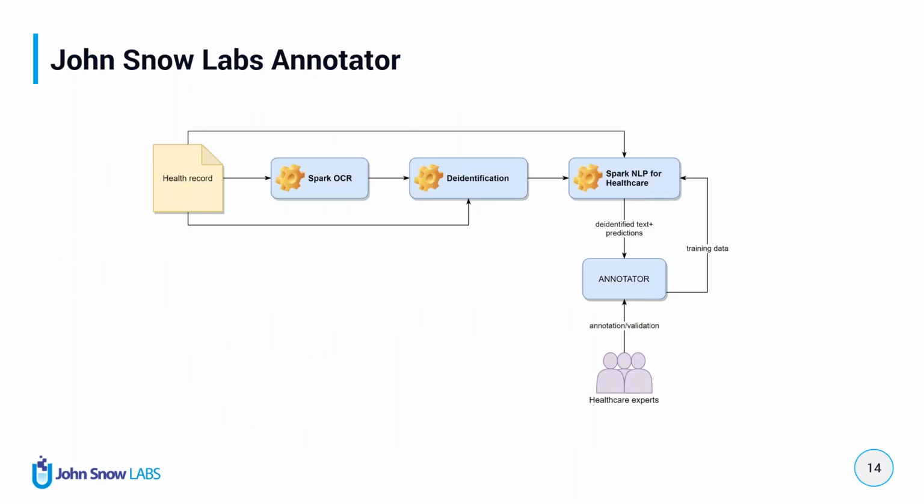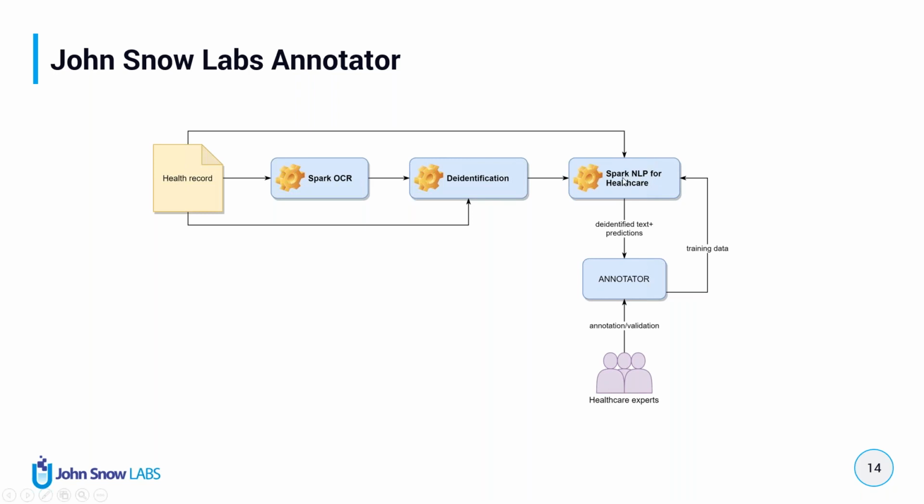Okay, so usually this is the setup that we have seen most frequently in our projects. Usually we have health records that come in the form of PDF files, text files, Word documents or images. If there are images or PDF files, we take them through the Spark OCR library in order to generate text. If the documents contain PHI, we de-identify them. If not, we just skip that step, and we feed the documents into the Spark NLP for Healthcare module